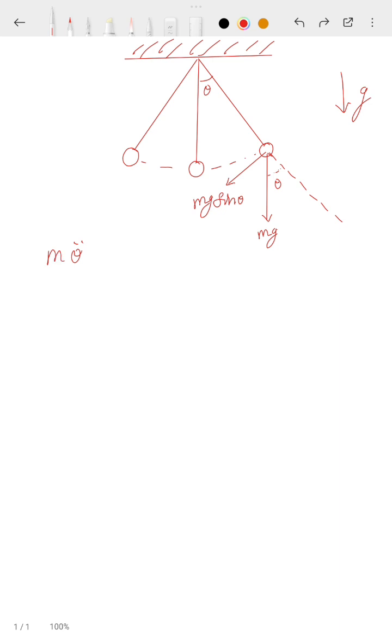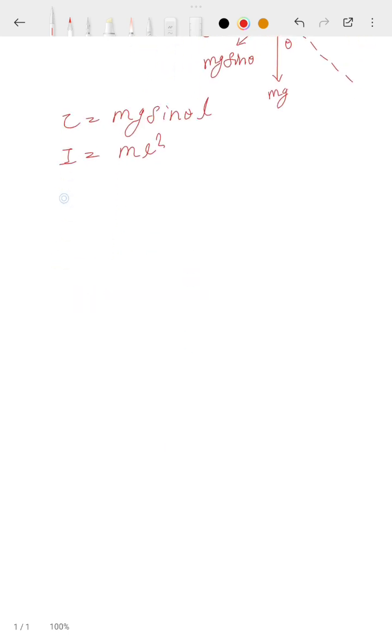Let's say we can take a torque. Torque will be mg sin theta into L, where this is L, and the moment of inertia will be ml square. So we can write I theta double dot, meaning I into alpha,